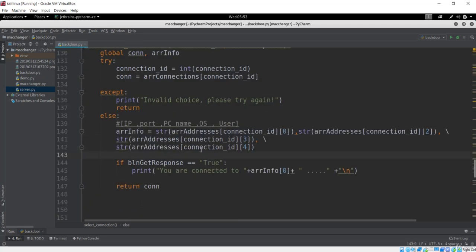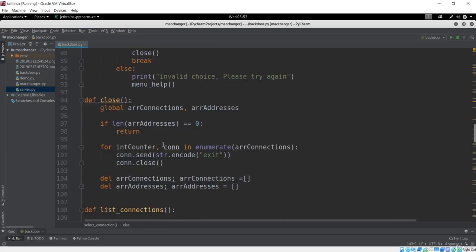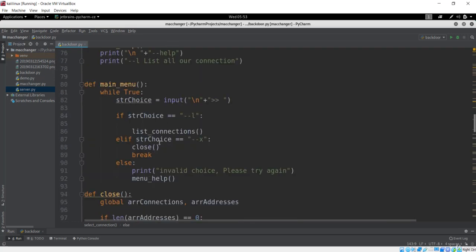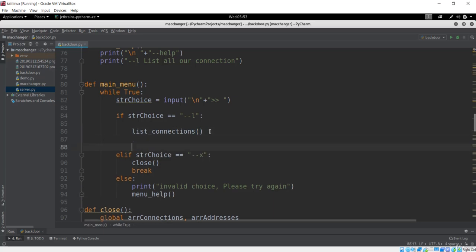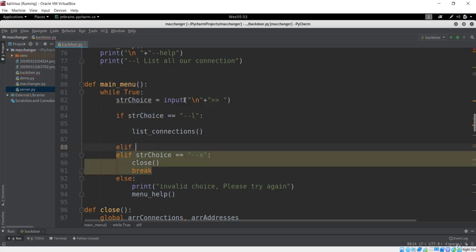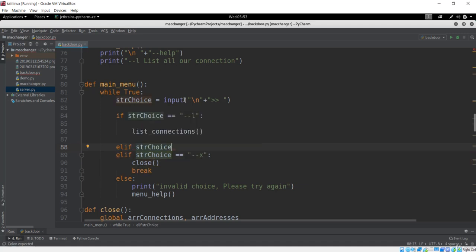But if you see, we haven't called this method anywhere, so let's go to our menu section and see how we can interact with this. So what am I going to do over here is, first of all, you can see we have this statement which is saying that input something from the user. So I'll just say elif, and the string, so let me say string, and it should be choice. String choice is entered by the user, and let's slice that string first.